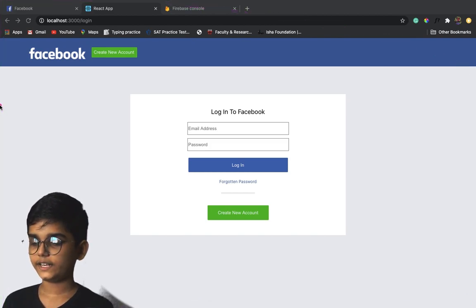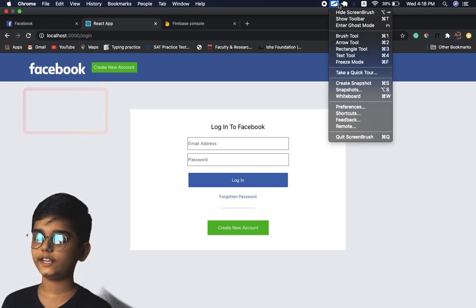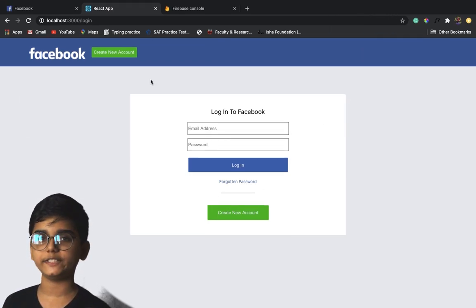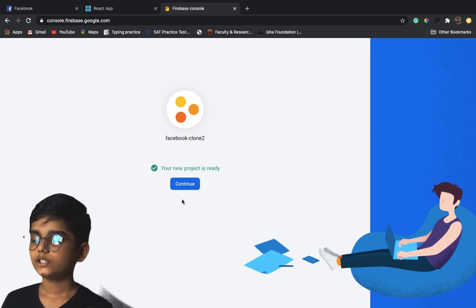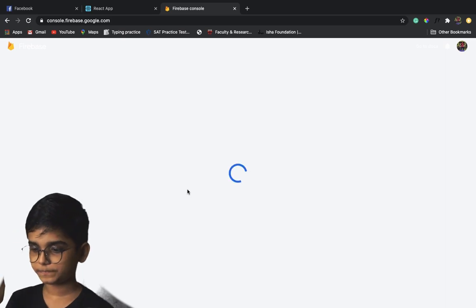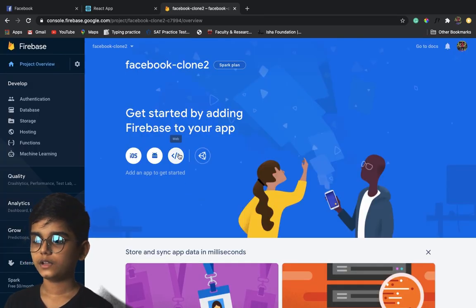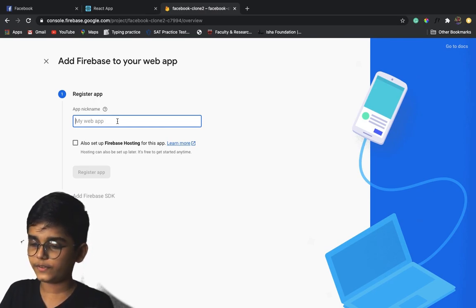So we need to do the backend part, which is we need to make the user login, and I'll also do that in this video. In the next video, I'll also do register and the register backend. So Firebase is very easy to use, by the way. So click on web. I'll teach you Firebase right now. And Facebook